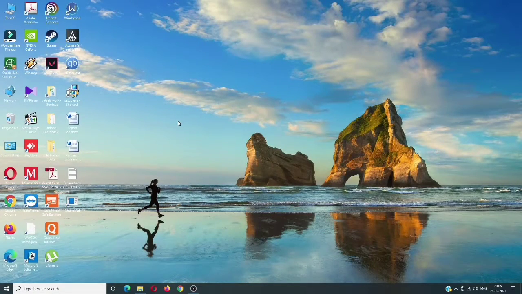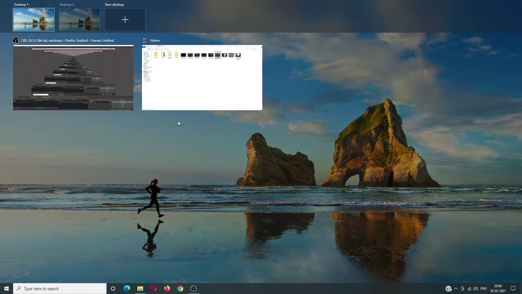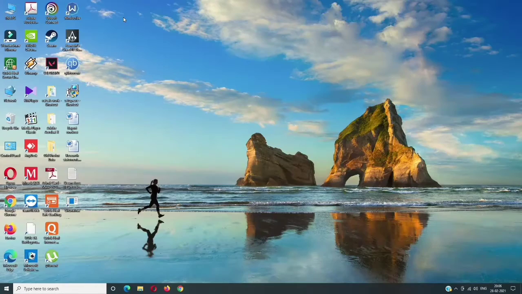Alright, number one feature in our list is virtual desktop. This feature is very powerful and easy to use for those who multitask. You have to press Windows plus Tab to open this type of screen. Now we have to press on New Desktop to create a whole new desktop like this one where I have nothing done. You can do anything you want.